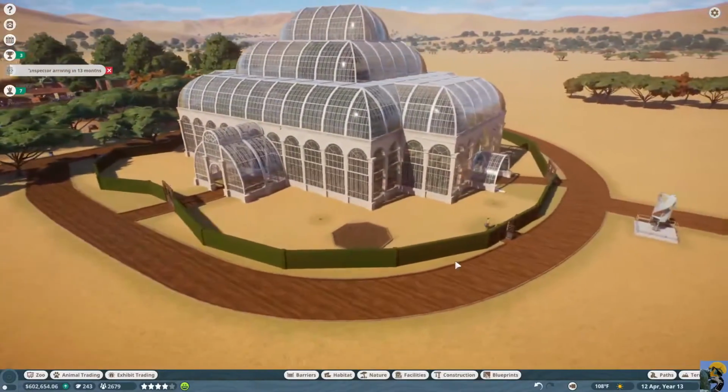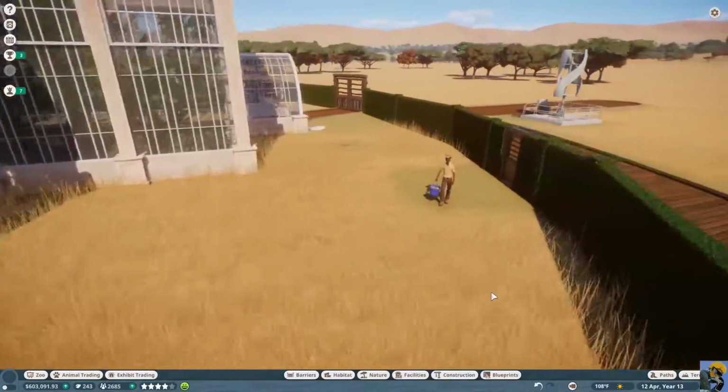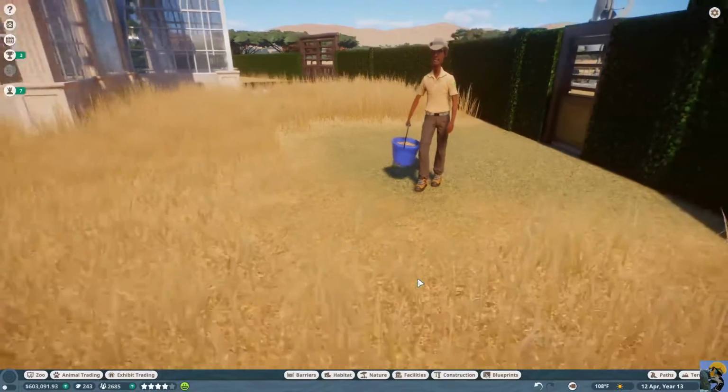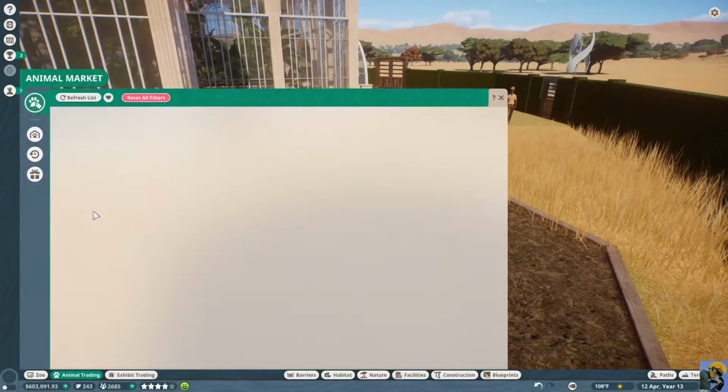Okay, so let me pause it for a moment. Oh, look at this dude. He's coming over here. He's got his bucket full of food. He's got a smile on his face. And he's getting ready to put food in this thing for the peafowl. Speaking of peafowl,